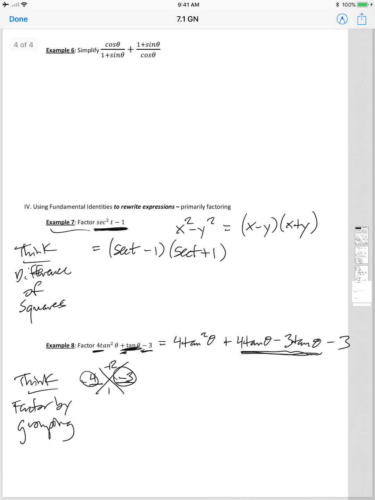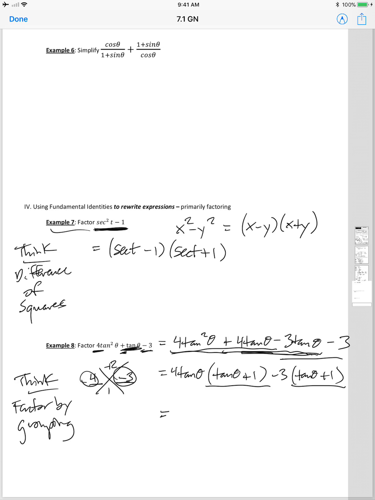I can factor a common term out of these first two terms. I can factor out a 4 tangent. That leaves tangent plus 1 from these first two terms. From the second two terms, I can factor out minus 3, and that leaves tangent plus 1. And now I can factor out this tangent plus 1. And this is what I'm left with. Okay. So again, that was my only goal, is to refresh your memory with these other techniques we can use